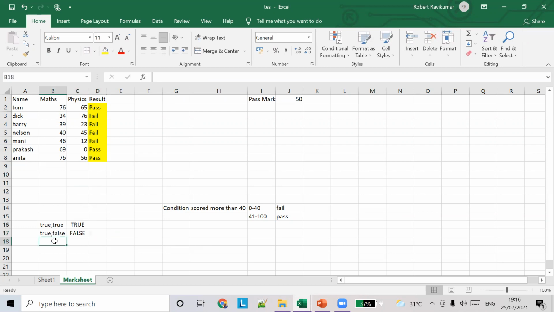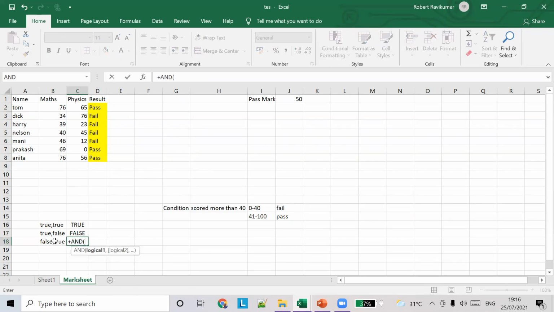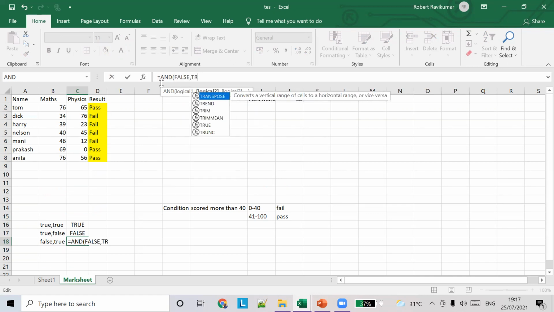Similarly, if it's false and true, the result should be false.